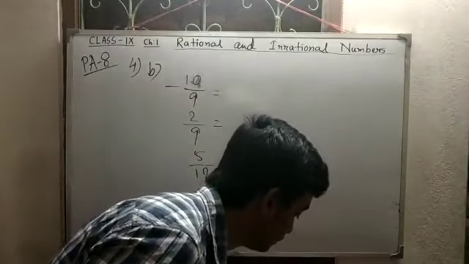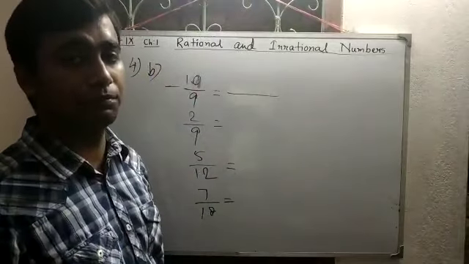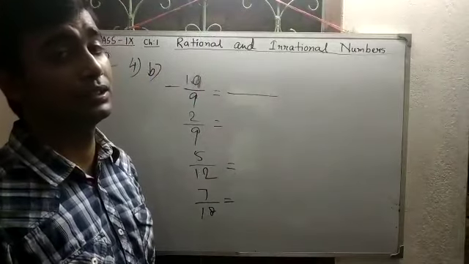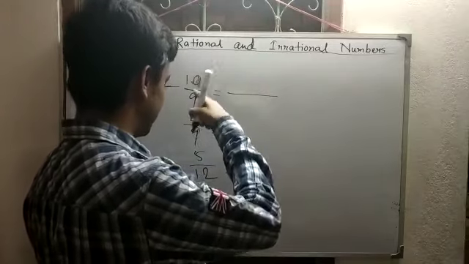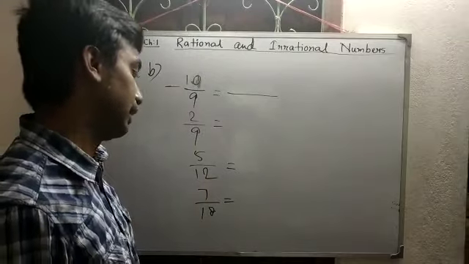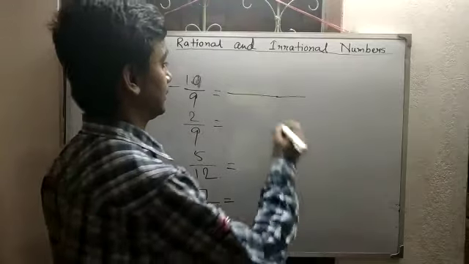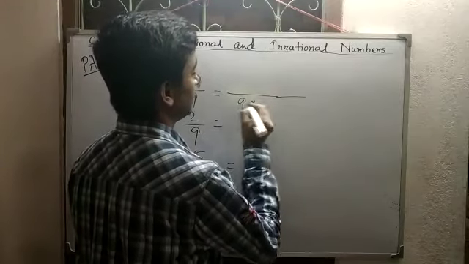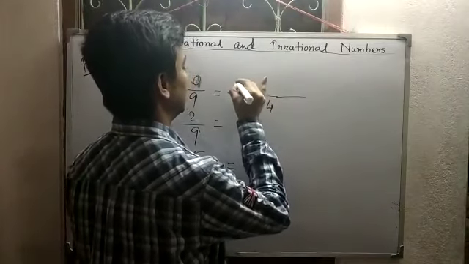How we can write? Next, what is our next step? You all know, we have to find the LCM of the denominators. So what will be the LCM of the denominators? 9, 12 and 18. If you calculate, you will be getting 36. So we have to make all the denominators to 36. So by which number should we multiply to make it 36? So it will be 4, you all know.